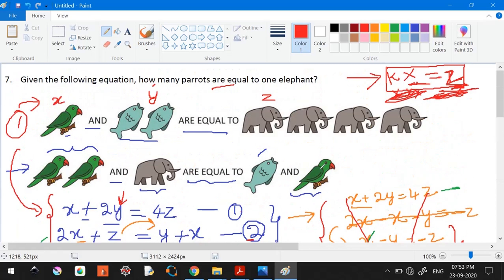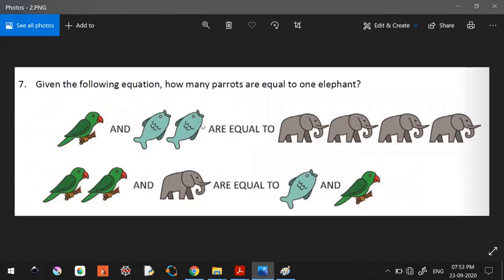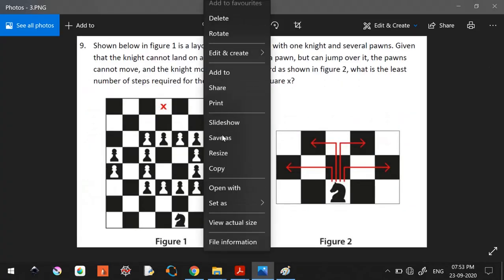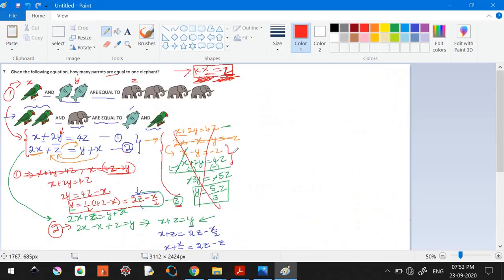For such kinds of questions, simply take x, y's and just follow the notations as per the given. And if it is 'and', 'plus', or 'or', sometimes 'or' means which is going to be into or something like that, so you can do that. Let's move to the next question. This is also a simpler one.